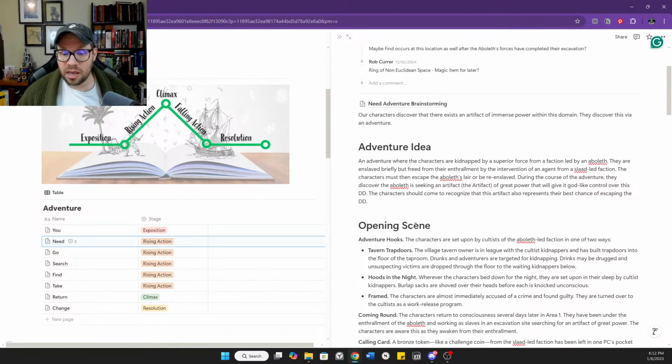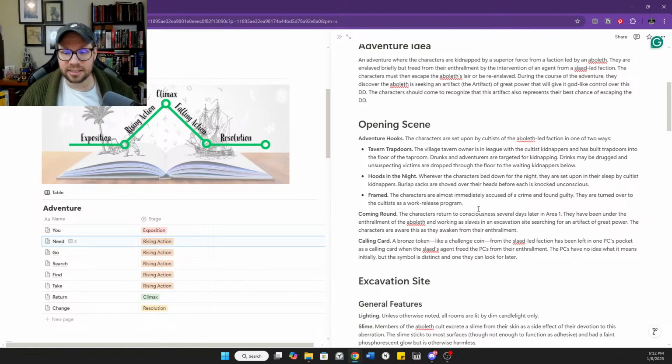So we came up with a couple of adventure hooks, things like being kidnapped down at the tavern. We said tavern trapdoors, where the village tavern owner is in league with the cultist kidnappers and has built trapdoors in the floor of the tap room. Drunks and adventurers are targeted for kidnapping. Drinks might be drugged, and unsuspecting victims are dropped through the floor to waiting kidnappers below.